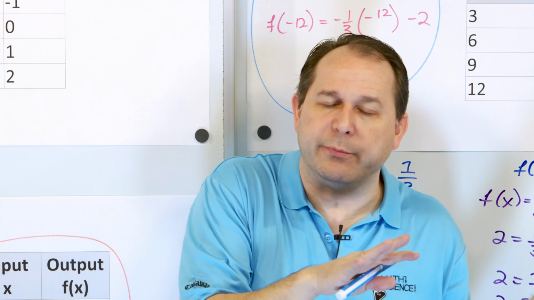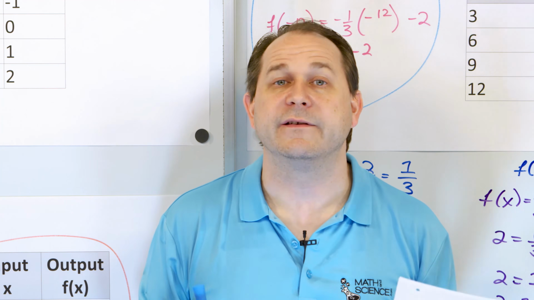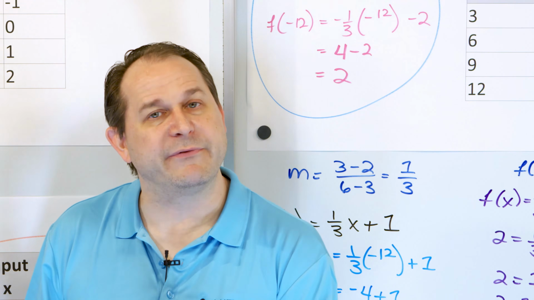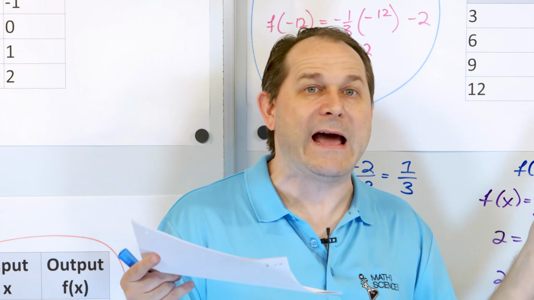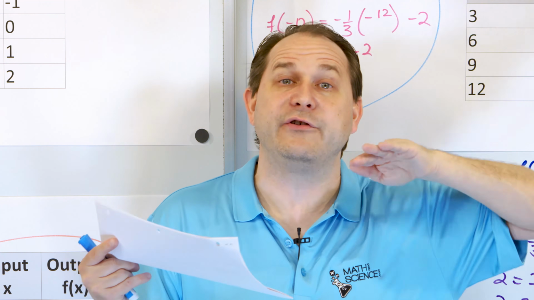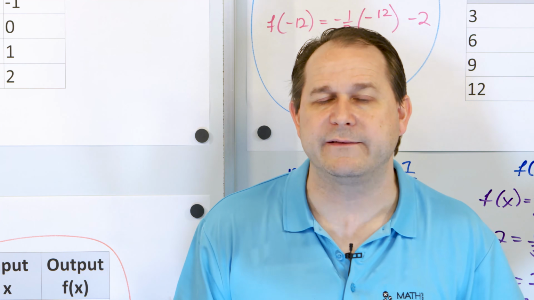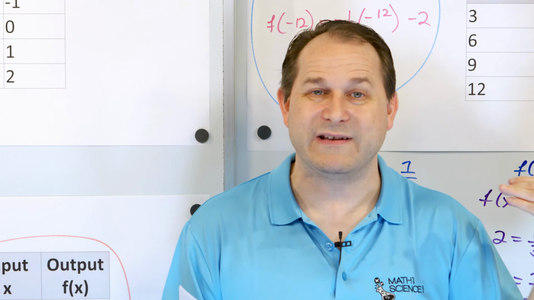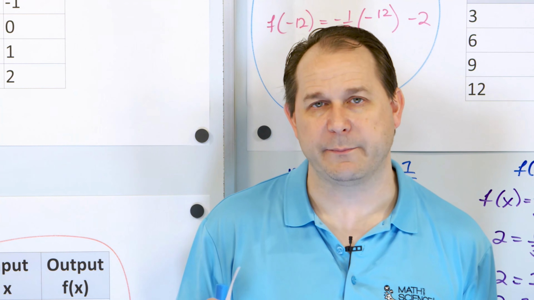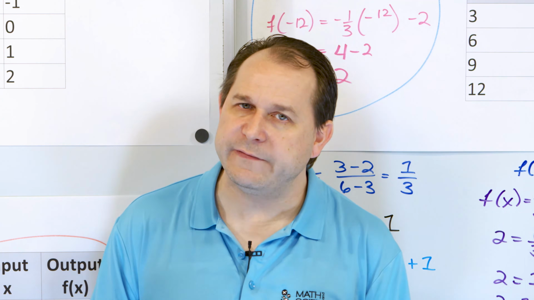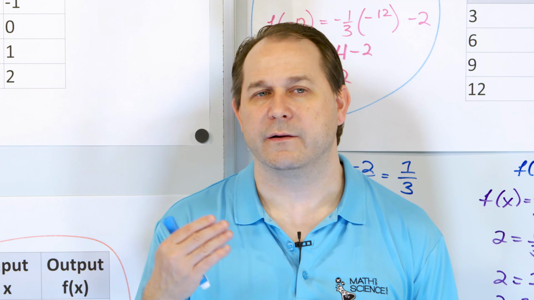So a slightly different flavor of problem. Instead of looking at the slopes, we're just trying to figure out which function has a larger value when the input is locked down to some value of x. In the first couple problems, it was easy because we could just look in the table to find the other value to compare it with. But then we realized we couldn't do that. So then we had to use previous skills to find an equation of a line that goes through these points and use that equation to predict based on that line where the value is, and then we can do the comparison there. So I'd like you to solve all of these yourself, then follow me on to our very last set of lessons, problems. We will